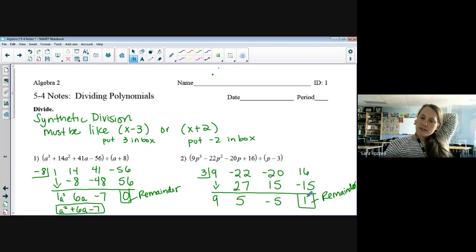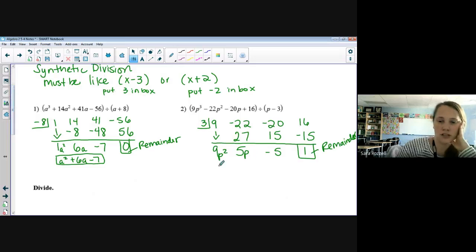So our last number is always the remainder, and we are going to fill in our variables going from negative 5 up to 9. So negative 5 is our constant. We have just a p to the first, and then we get p to the second. So our answer would be 9p squared plus